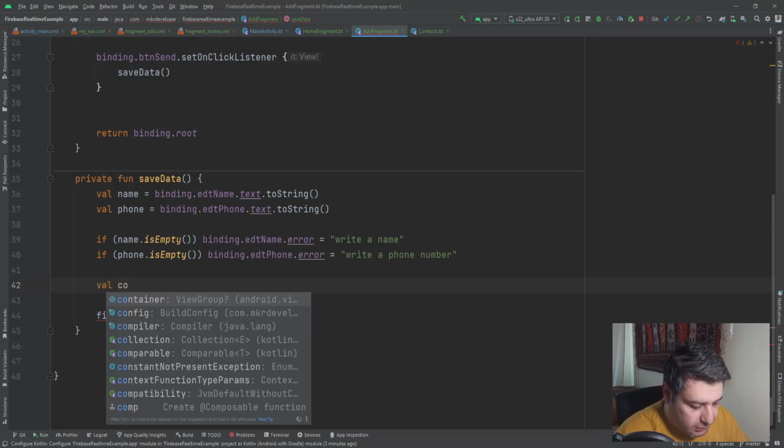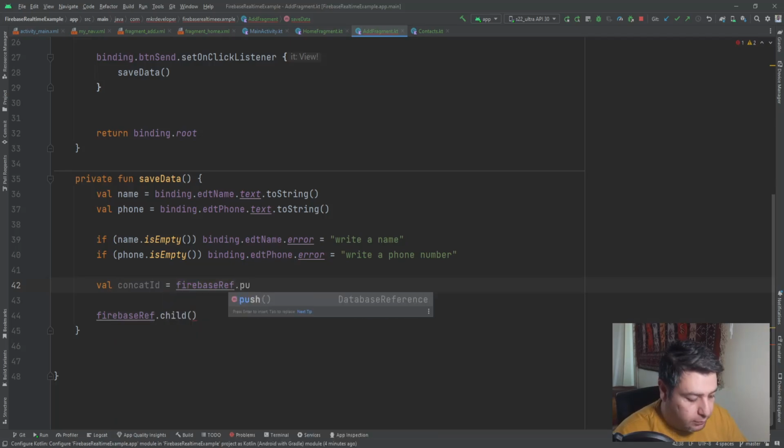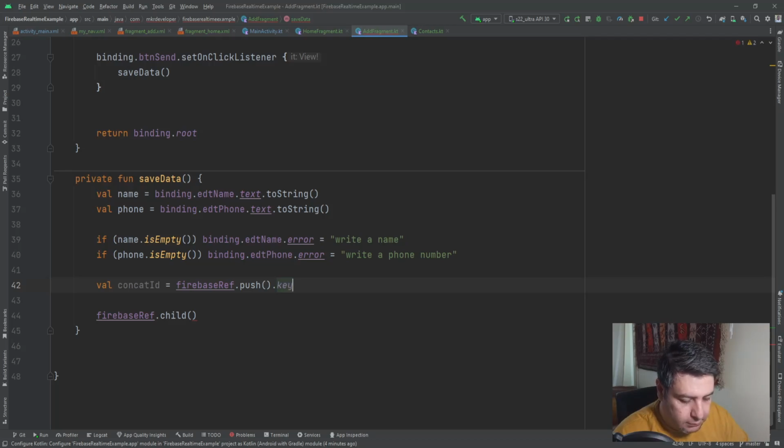So first, contactID equals firebaseReference.push().key, and this line will create a unique ID for each of the children automatically, and we need this ID later